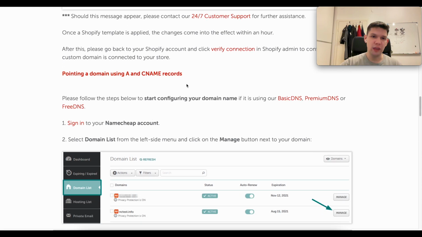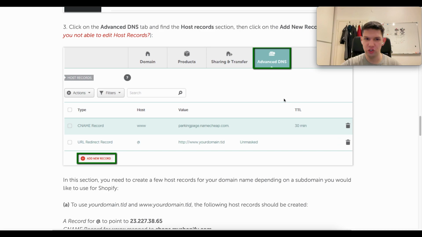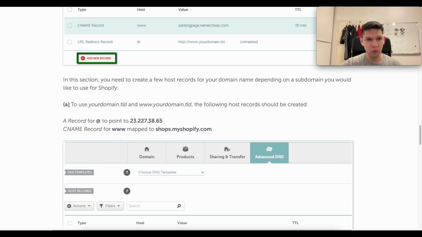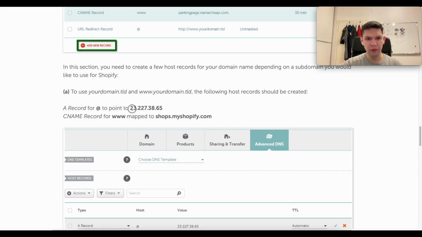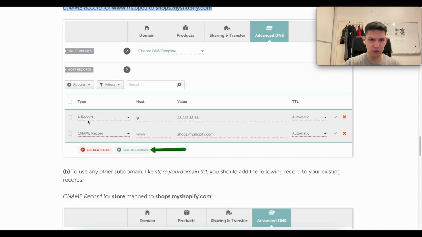But if you want to use A and CNAME records, again, you need to go to your NameCheap account, domain list, click on the domain, click on Manage, Advanced DNS, add new record. Then for the A record, you need to use your domain.tld and this number. So if your domain is happy dogs, www.happydogs.tld, and point it to this number, and then create a new CNAME record for this. So it should look like so: an A record with the number, and a CNAME record,